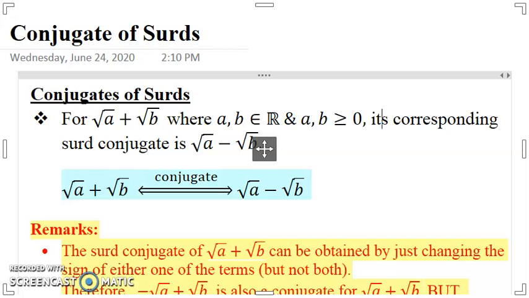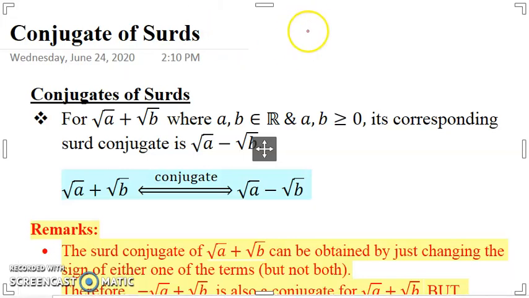Conjugate of surd. Whenever we talk about conjugate in surd, usually we will involve two terms, for example, an integer or a rational number, let's say we consider the case of a plus square root of another number, another surd term, let's say a plus square root of b. Then in such case, it is only meaningful that we want to discuss conjugate in order to solve a further question, where the idea of conjugates here for surd